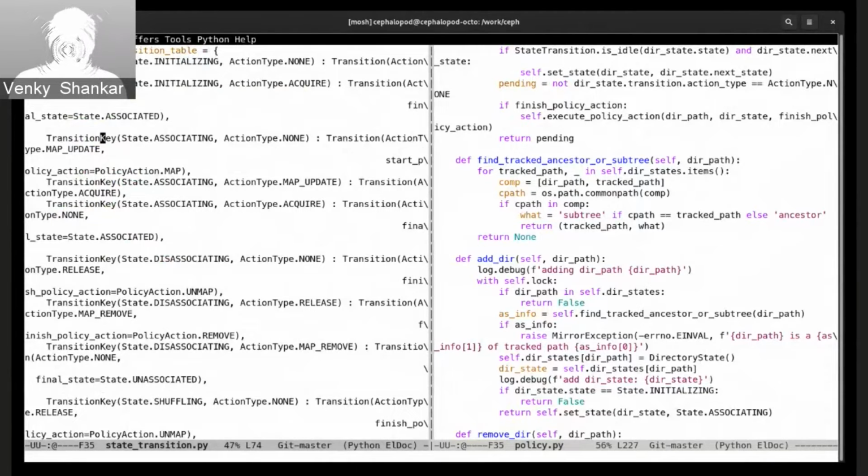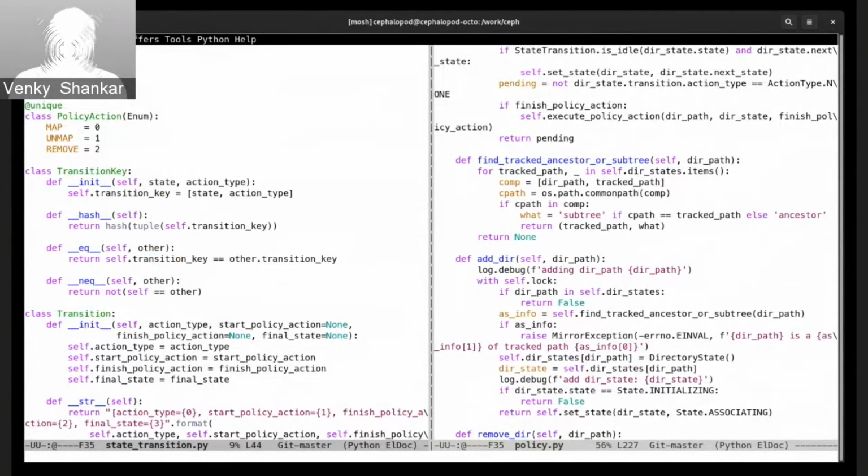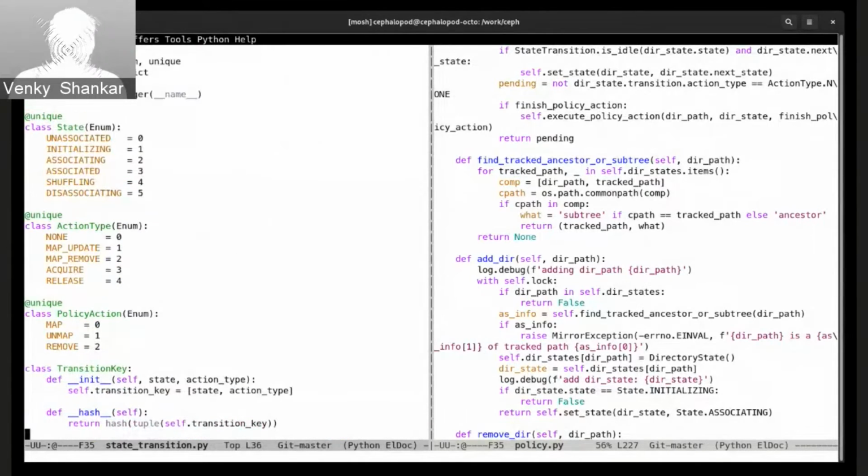So where you see state associating up till this, this is the state machine part that governs how a directory is assigned to a particular mirror daemon. The state transition table is nothing but a map between something called a transition key and the actual transition that needs to be done. A transition key is nothing but the action, what we need to do, and the action type, which is like